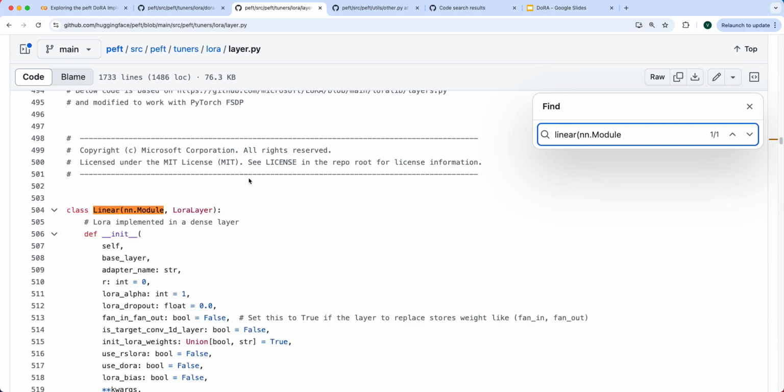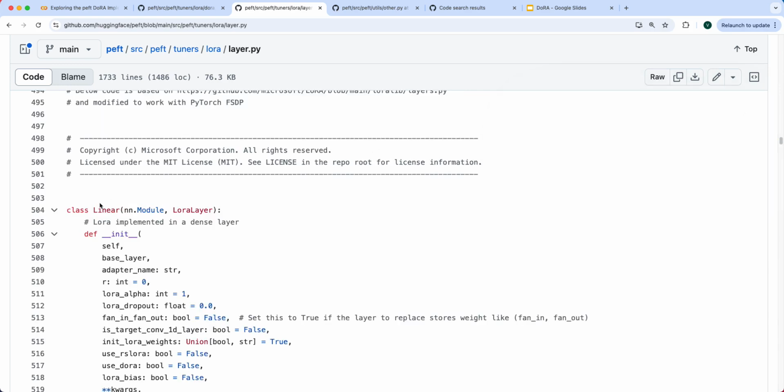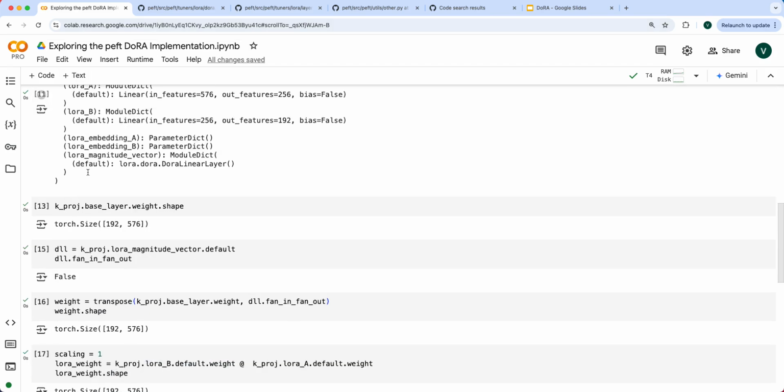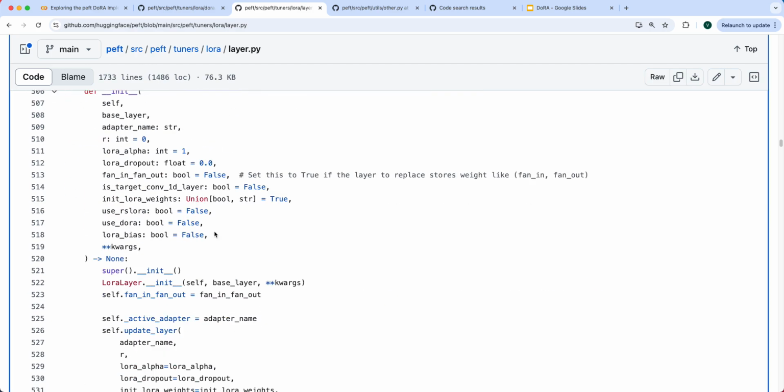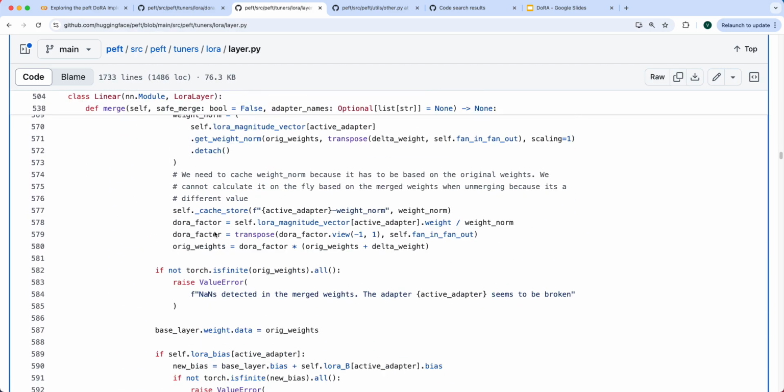I think it's, yeah, this one. Okay. So as a reminder, our kproj is a LoRa.linear layer, which is this one right here. So if we look at the forward pass